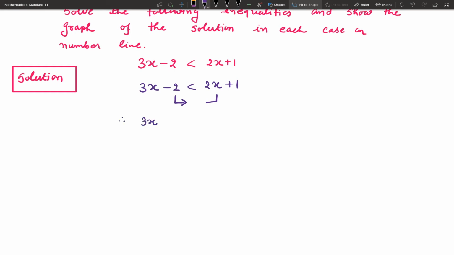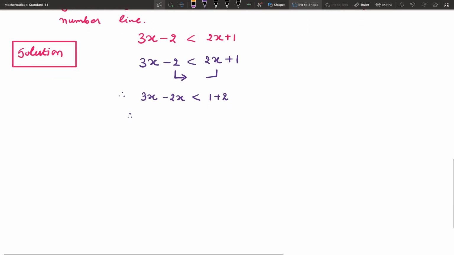3x, now we have transferred 2x to the left hand side, so plus will become minus, it is less than. Now when we transfer minus 2 to the right hand side, it will change its sign, so 1 plus 2. Now simplification, 3x minus 2x, that is x less than 3. Now the inequality is a strict inequality. So first we write the solution set for real x, therefore